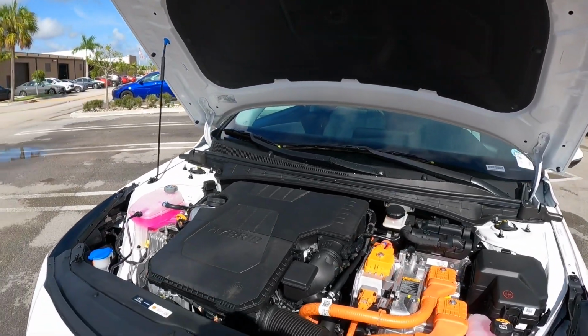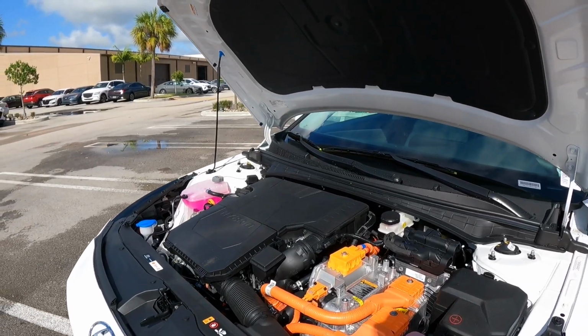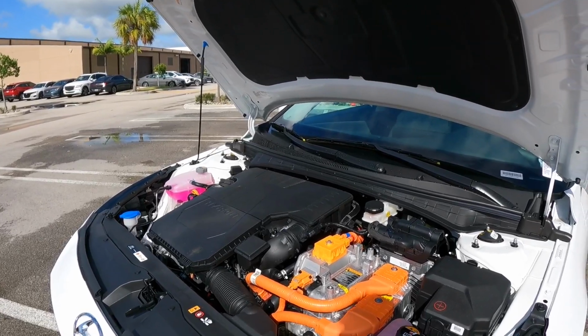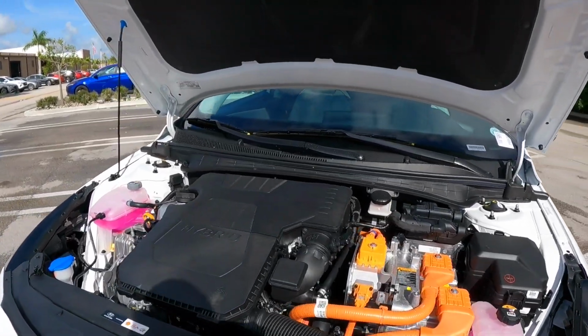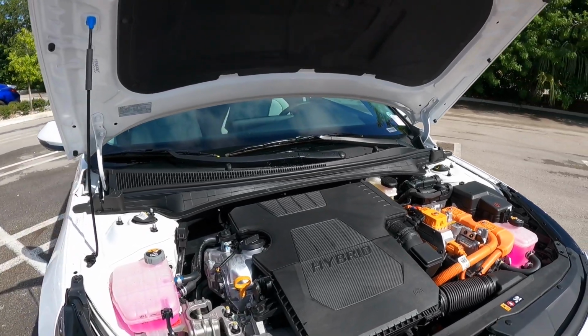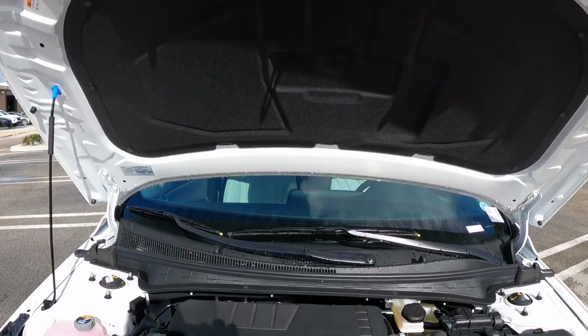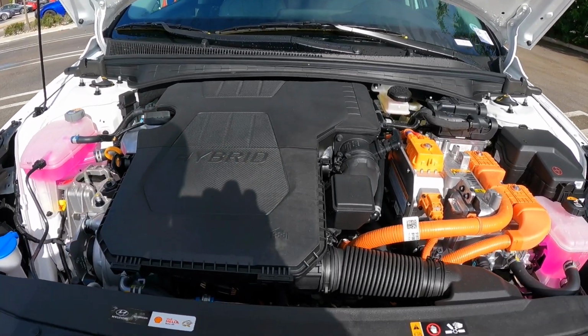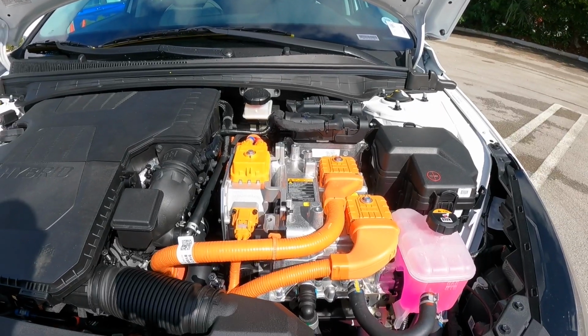Yes, I just said a dual clutch. I think this is the first hybrid in this class to offer a dual clutch on the hybrid powertrain. The other competitors do offer a CVT for performance and also for fuel economy, but I beg to differ. The 6-speed dual clutch does get very impressive fuel economy numbers, which is 49 in the city, 52 on the highway, and 50 combined. As you guys can see, there's the electric motor right there, front and center, with these